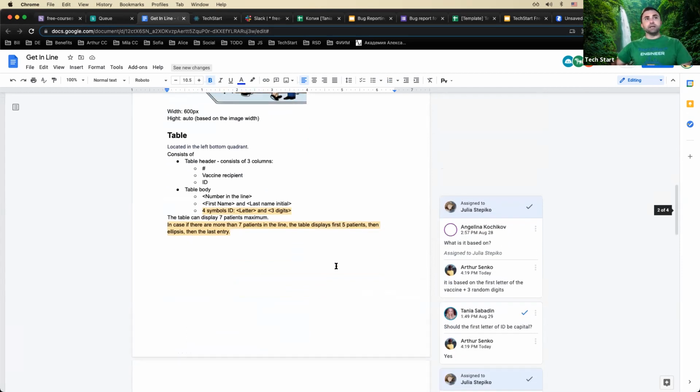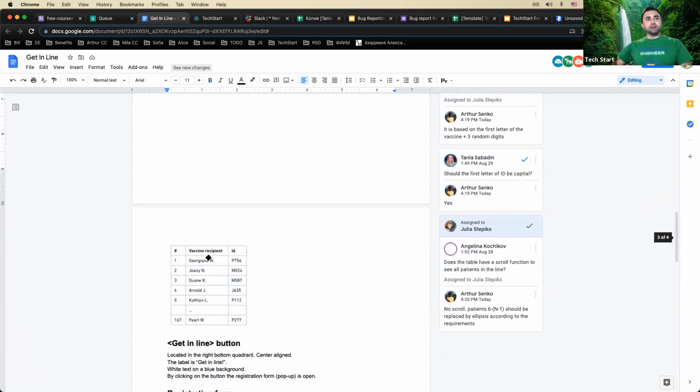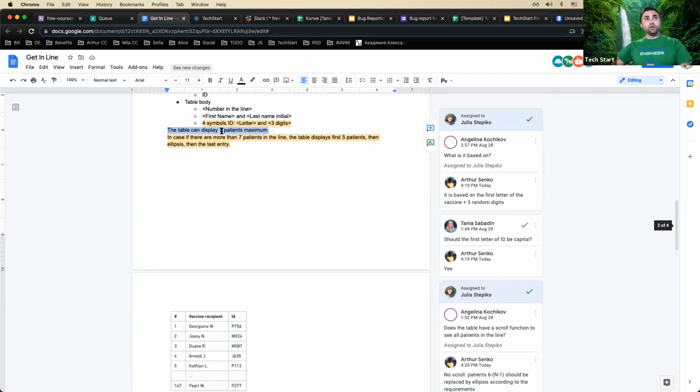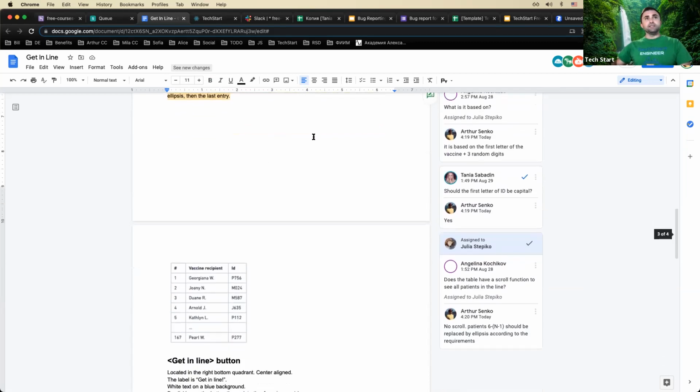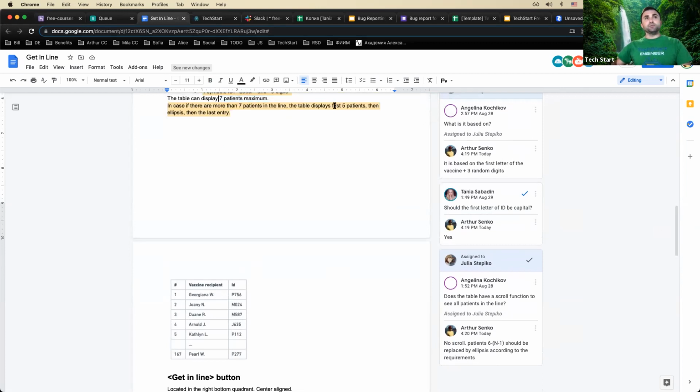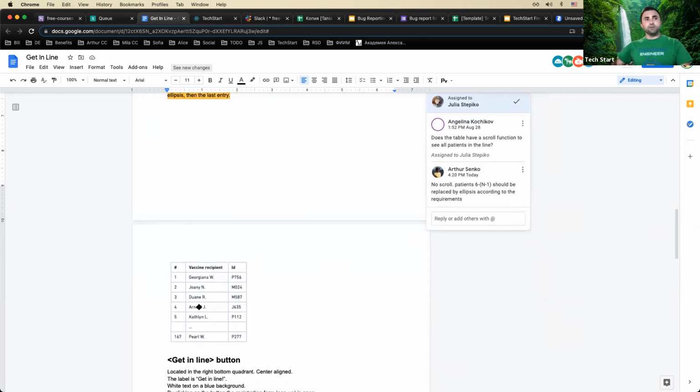But if you have something like, okay, the table can display 7 patients maximum. As you can see, there are 1, 2, 3, 4, 5, 6, 7 lines. And it says that if it has up to 7, it displays all 7 patients. But if you have more than 7, for example 8, it displays the first 5 patients, then ellipsis, and then the last one. So you see yourself once you add yourself in the queue, but